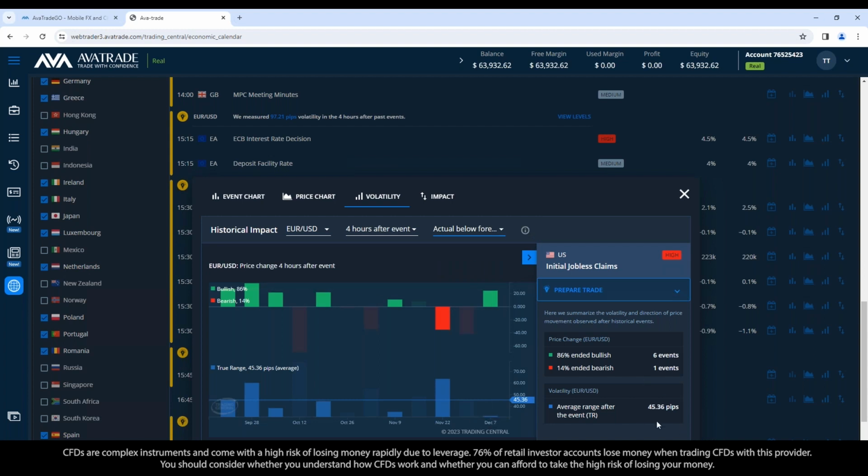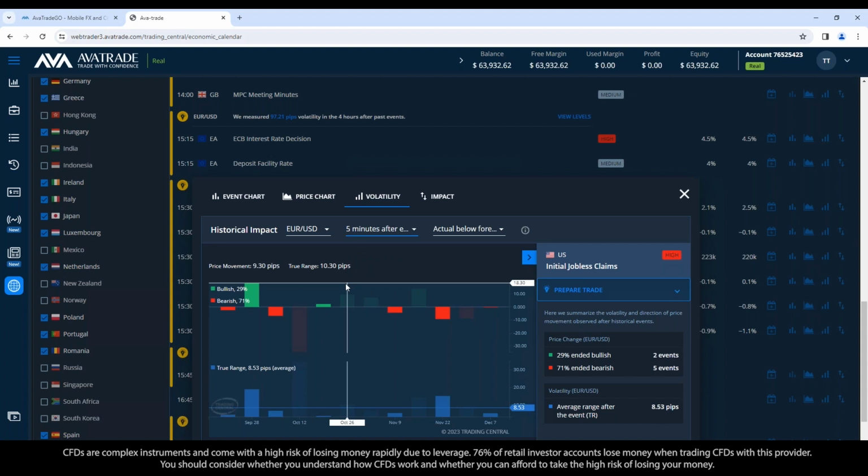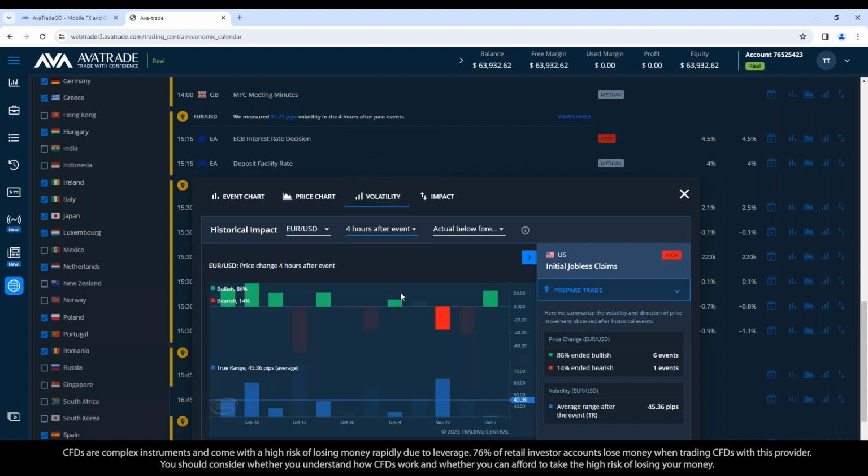And again, we have a 45 pip or so movement in 4 hours. In the first 5 minutes, only 8.5 pip movement, with most of them dropping in the first 5 minutes, one of them going up maybe 16 pips. But after 4 hours, almost all of them are up, and we're talking around 25, 30, I'm looking at each one of these individually, 45, 50 pip range movements here, mostly in the upward direction. One time you'd have lost here after 4 hours, okay?